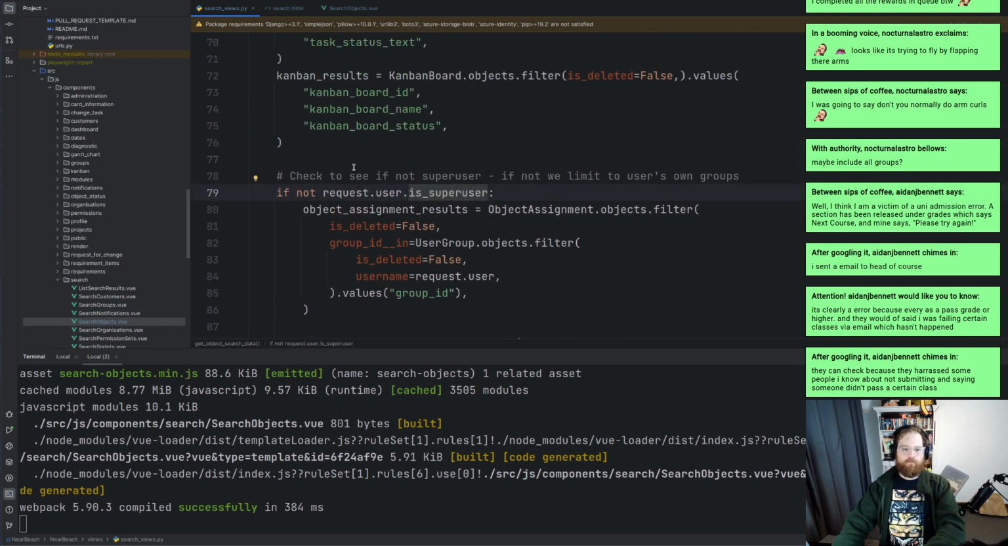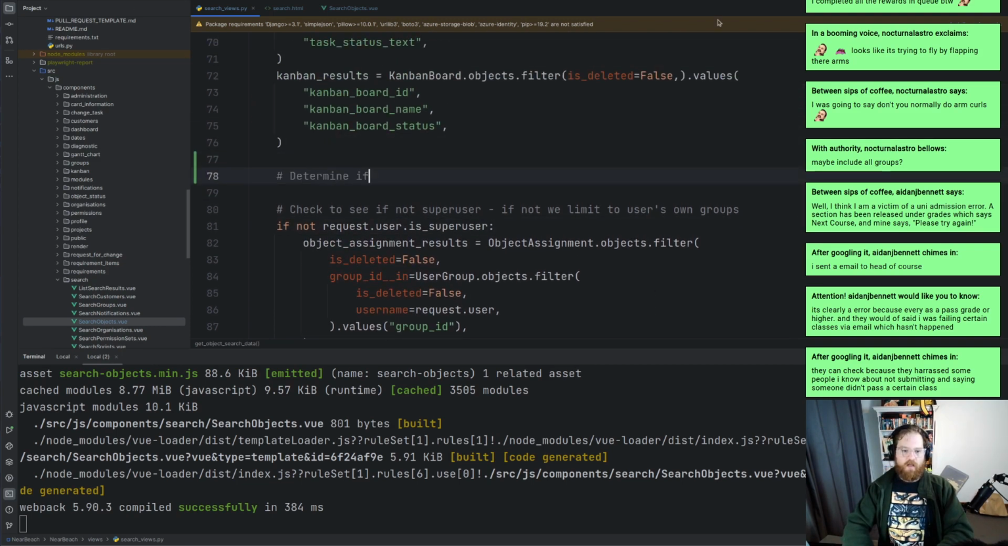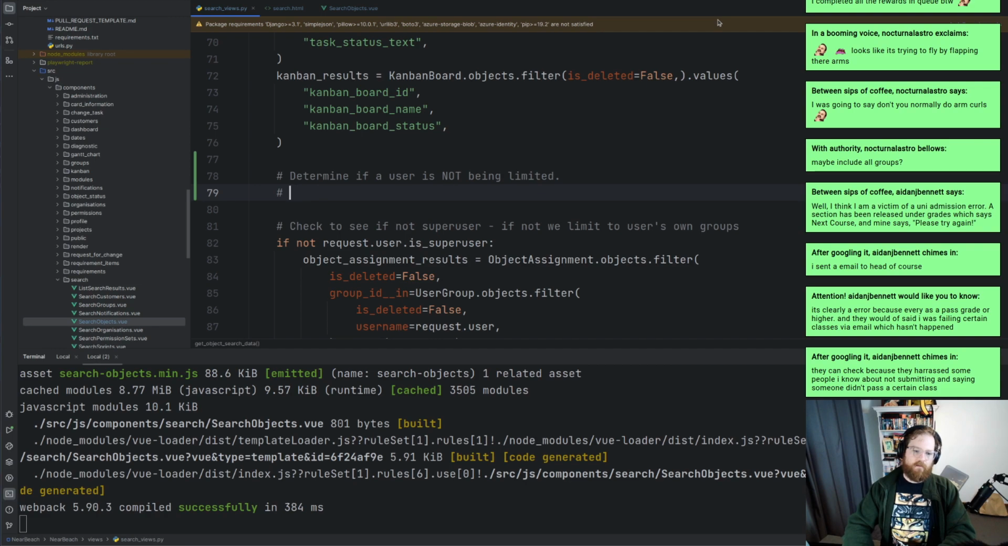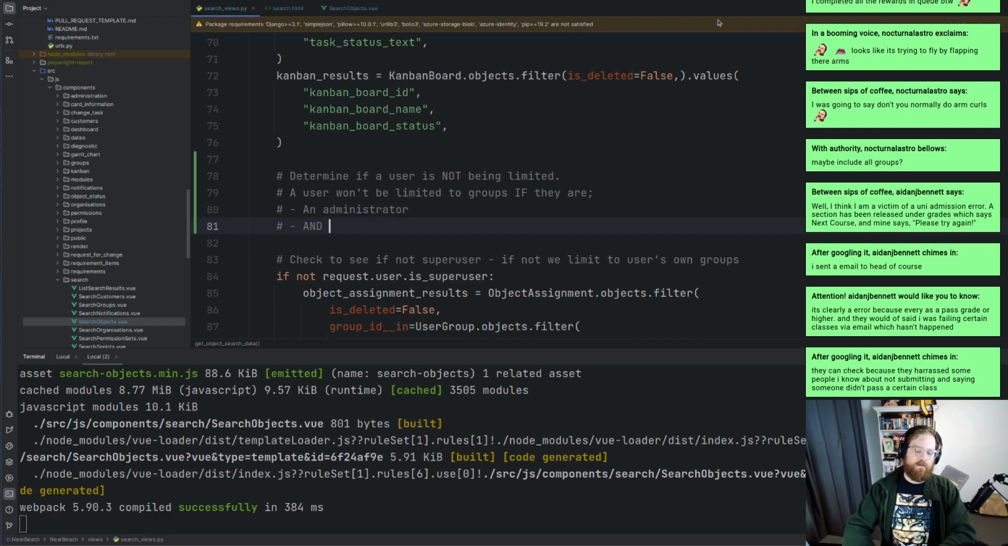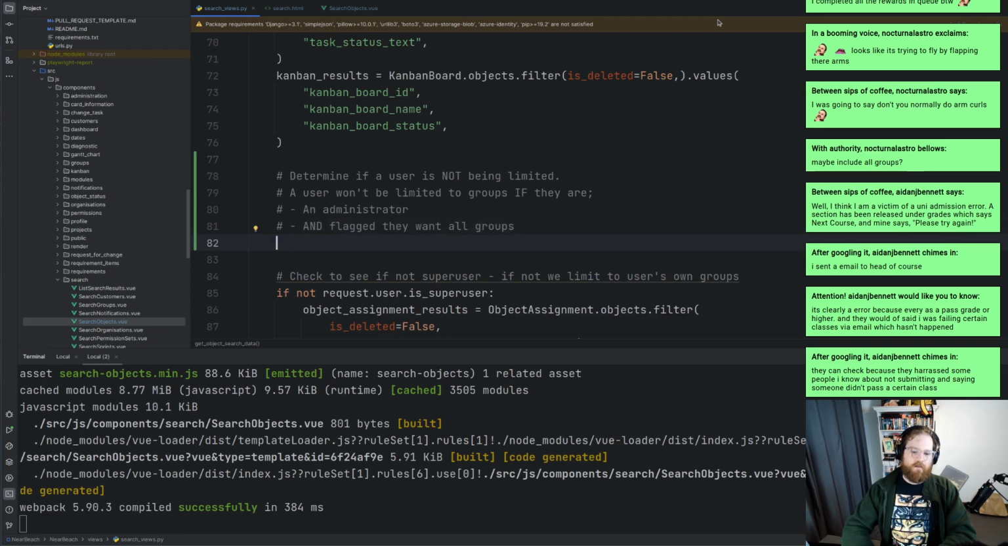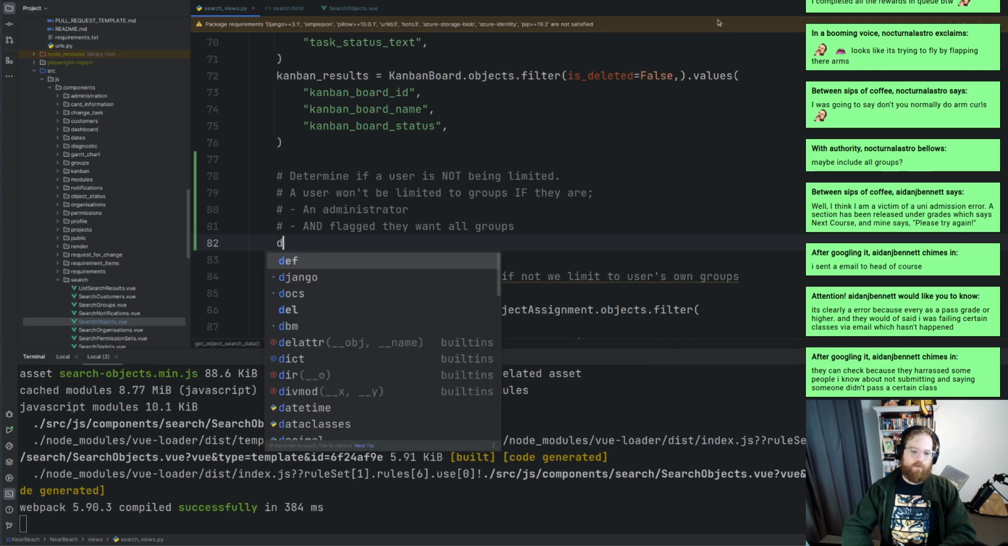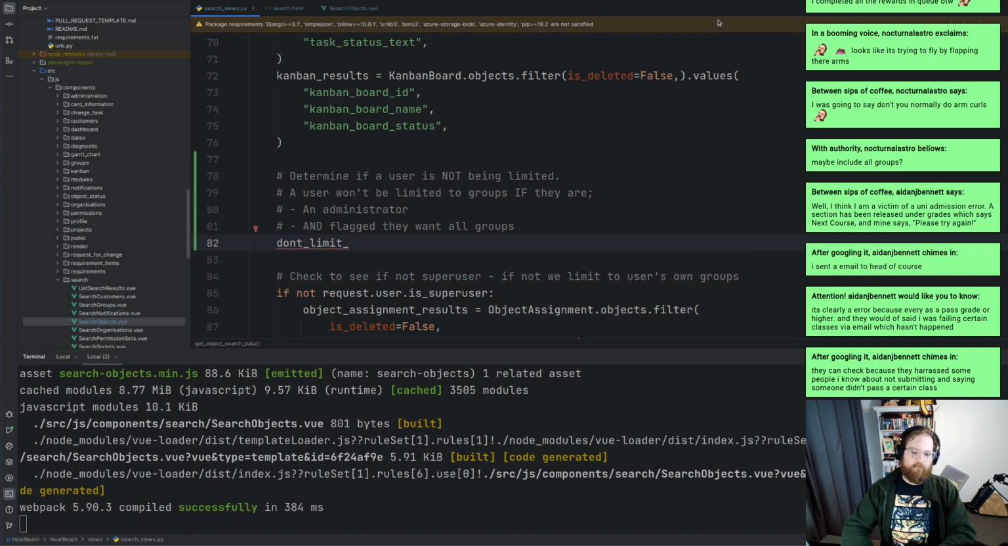So what we want to do is determine if a user is not being limited. A user won't be limited to groups if they are an administrator and flagged they want all groups. All right, cool. So what we'll call the variable don't limit, don't limit by groups